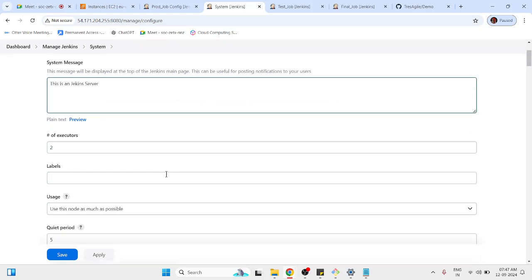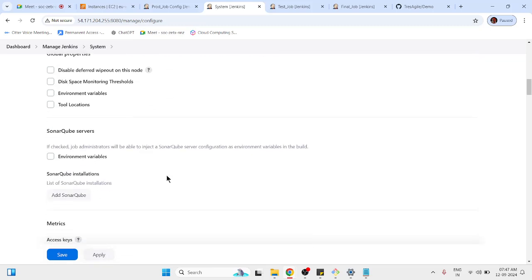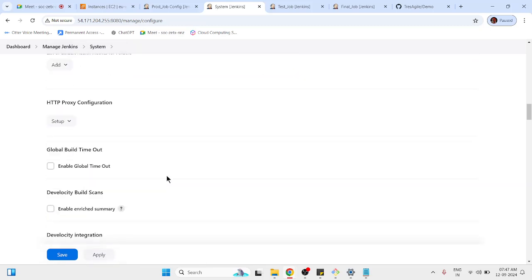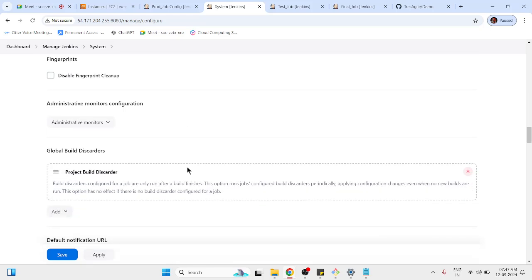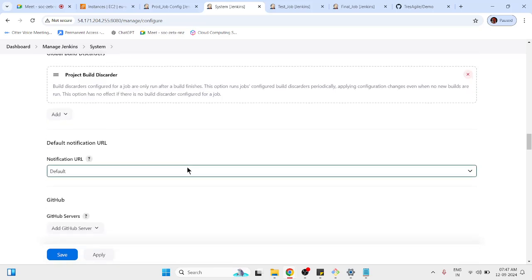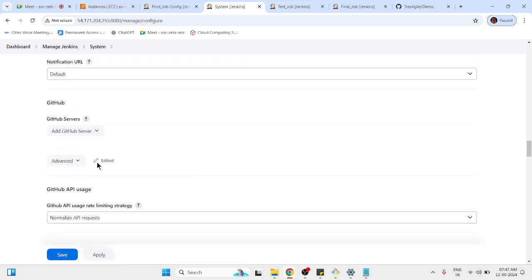Mm-hmm. Thank God, finally. There is a GitHub section. There will be a GitHub section, obviously. Yeah, this is the GitHub advanced